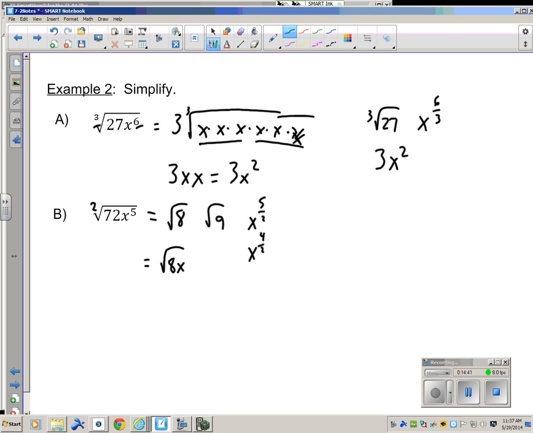So if you drop down 1, I'm left with 8x, because you got 1 odd extra 1 there left over. And the square root of 9 there is 3, and x to the 4 halves there. Let's do that. X to the 4 halves there ends up being x squared. And then I got a 3 out here outside, and I'm left with the square root of 8x. But I can still break down that 8